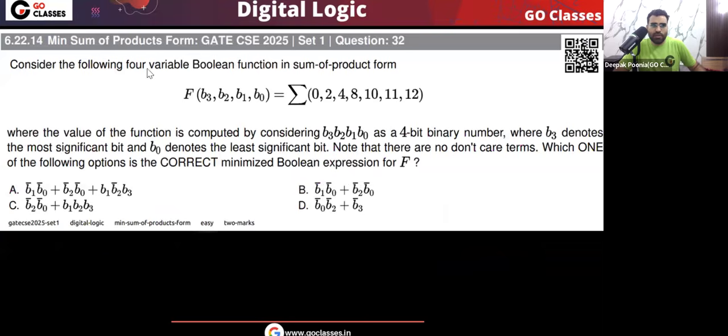Let's solve the GATE 2025 question. Consider the following 4 variable Boolean function in sum of product form. So this function f over 4 Boolean variables is given to you. The sum of minterms expression is given to you. This is the minterm list. These are the row numbers, or I can say these are the input combinations where the function value is 1,